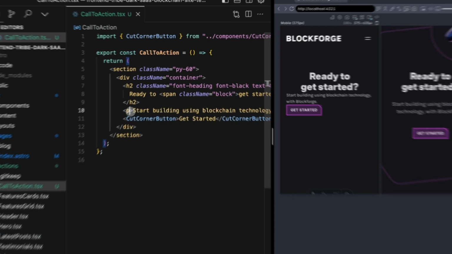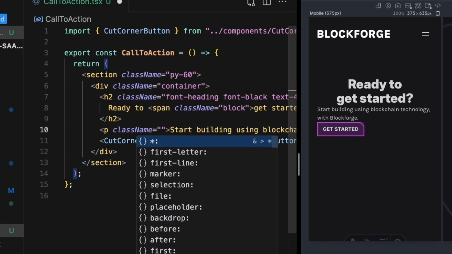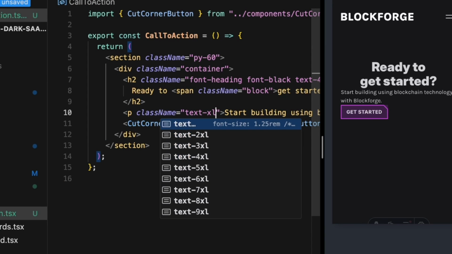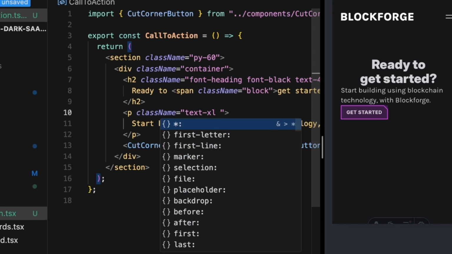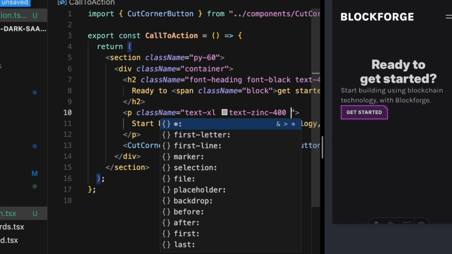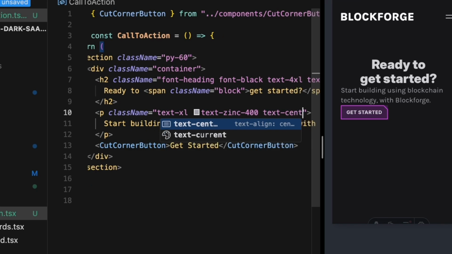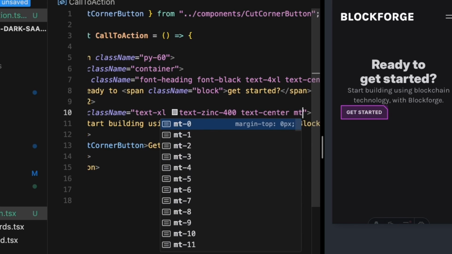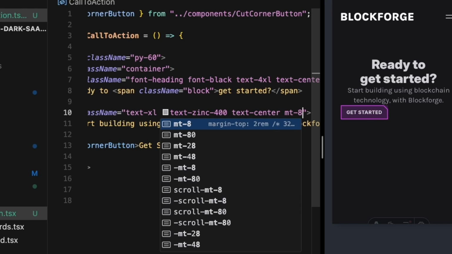Moving down to our paragraph, we'll add a class name to this as well, and this is going to say text XL to make it the right size. We also want to say text zinc 400 to make sure it's the right color. And then we want it to scoot to the center of the page with text center. And we want it moved down from the title, and we'll say MT8 to give it that 32 pixels of